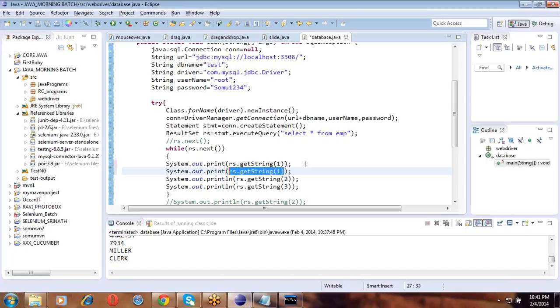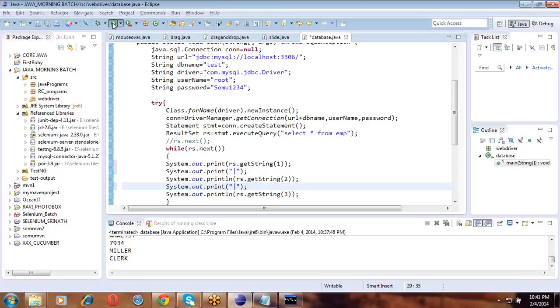So I'll give it like this. Then if I run it,